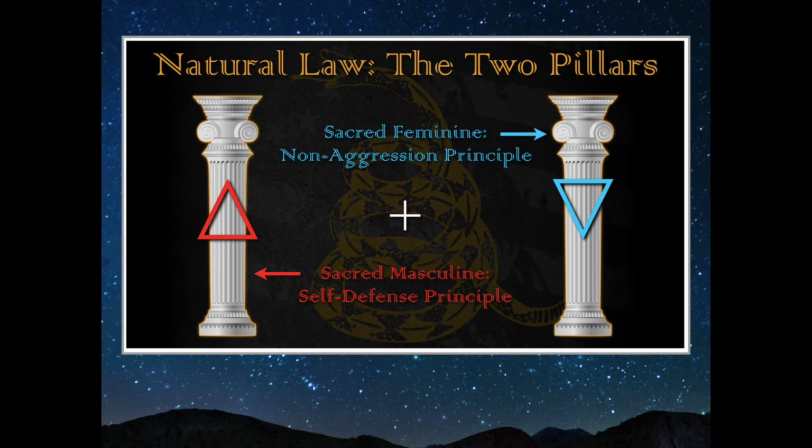NAP, or the non-aggression principle, means do no harm. I feel like this principle is pretty well understood. Many have heard the idea of Jesus and nonviolence, treat people how you want to be treated. This would be the pillar on the right, which is a descriptor of the sacred feminine principle, which is the non-aggression principle. The other pillar, however, the male, the sacred masculine principle, is so often pictured in our society as